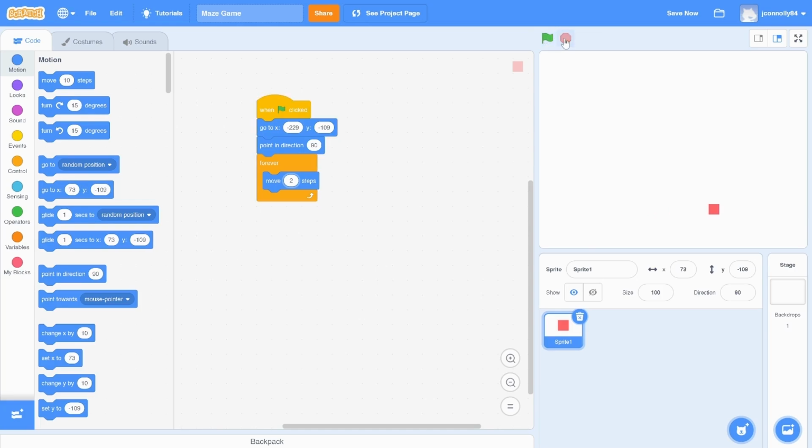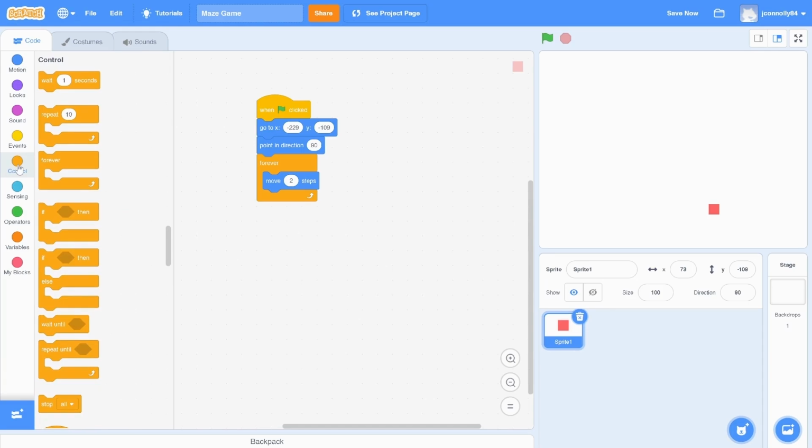Okay, and like I say, once we finish this, you can adjust it to make it work for your game. So the next thing I'm going to do is drop in an if statement. So we're going to put some selection into our code. We go to control. The block we're going to use is the if then block. I'm going to just clip it in, and notice I'm not dropping it underneath, I'm actually dropping it under the